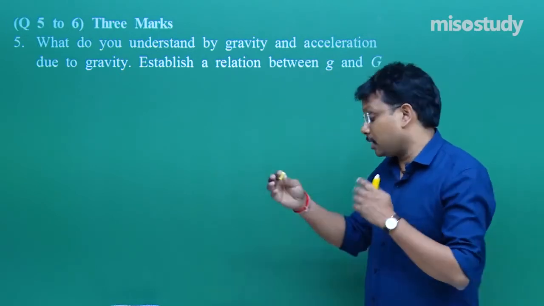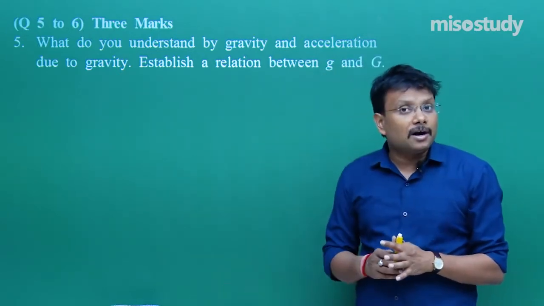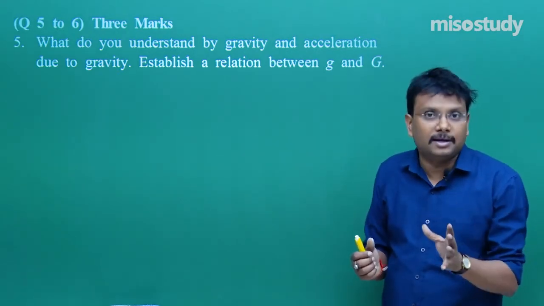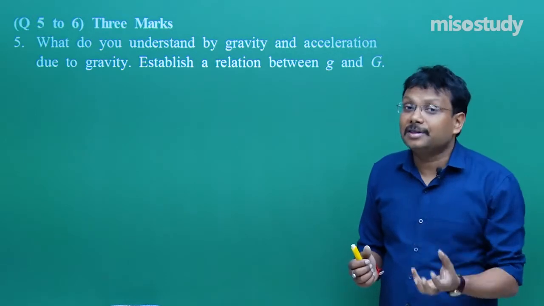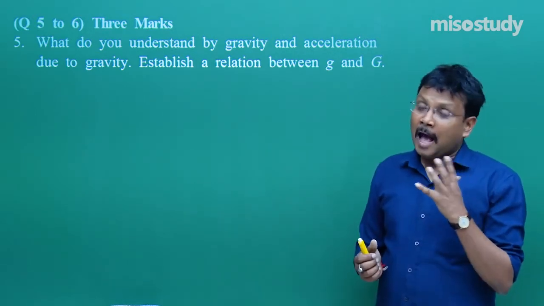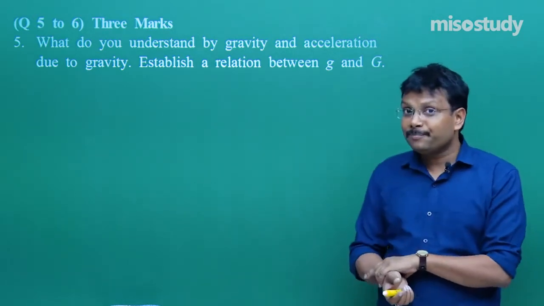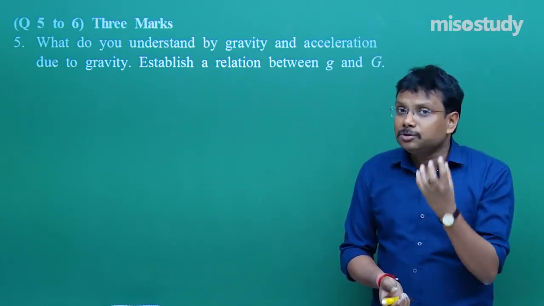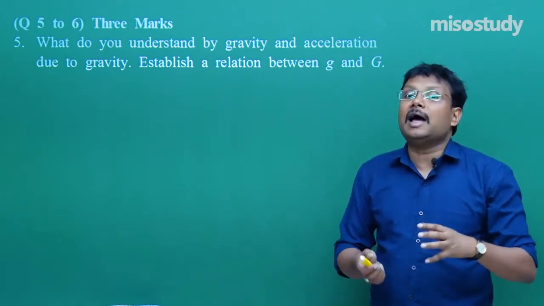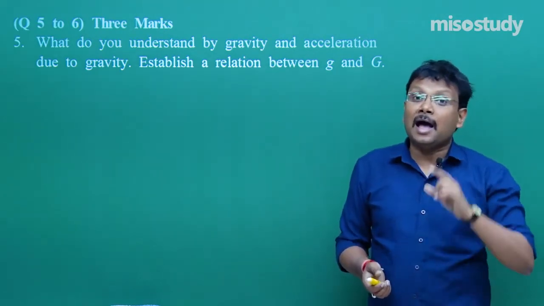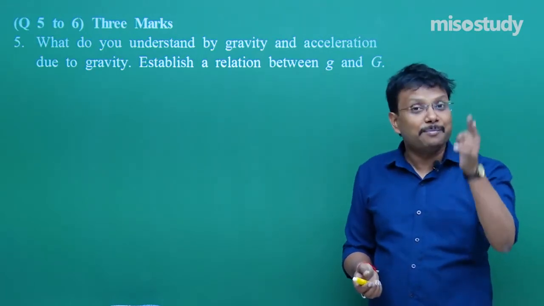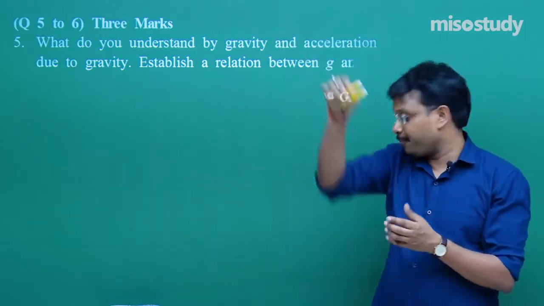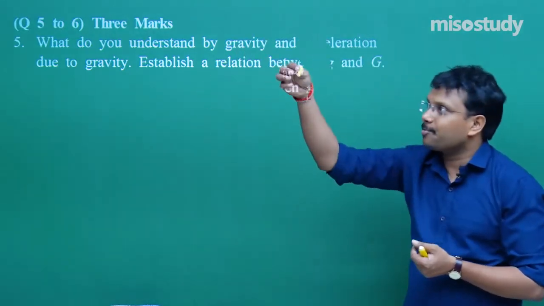Gravity is what? Okay, gravity is the tendency of the earth to attract each and every object towards its center, or a type of force, that is gravity. And acceleration due to gravity: because of the force of gravity, the amount of acceleration that comes into any object's motion is defined as acceleration due to gravity, a type of acceleration that comes into the picture because of the gravitational force. Now let's say for example this is a small chalk.